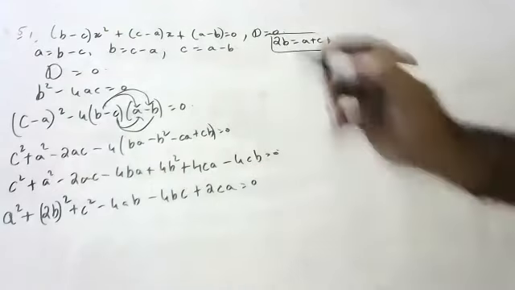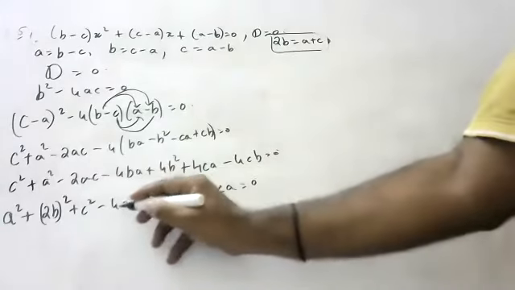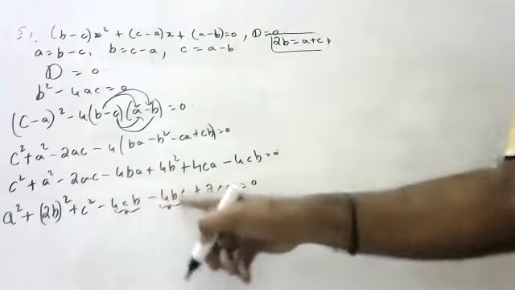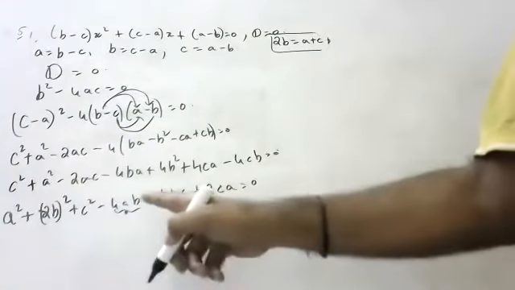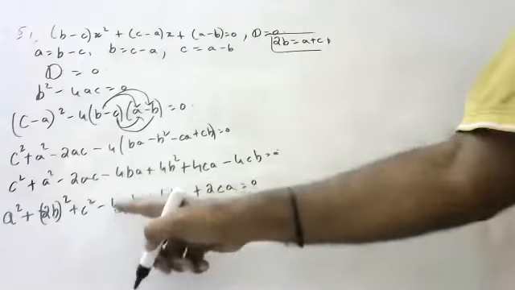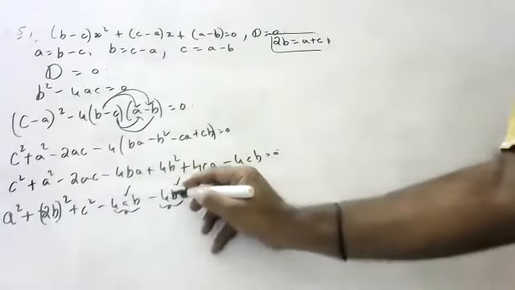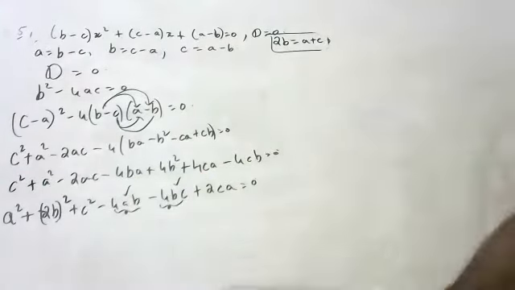Children, in 9th class I told you where to keep minus. See, where is minus coming? Here and here. Here and here, who is common, children? B. So for B, you put minus. Wherever B is there, minus is there, no? So for B, you keep minus. In 9th class, I told you this one.